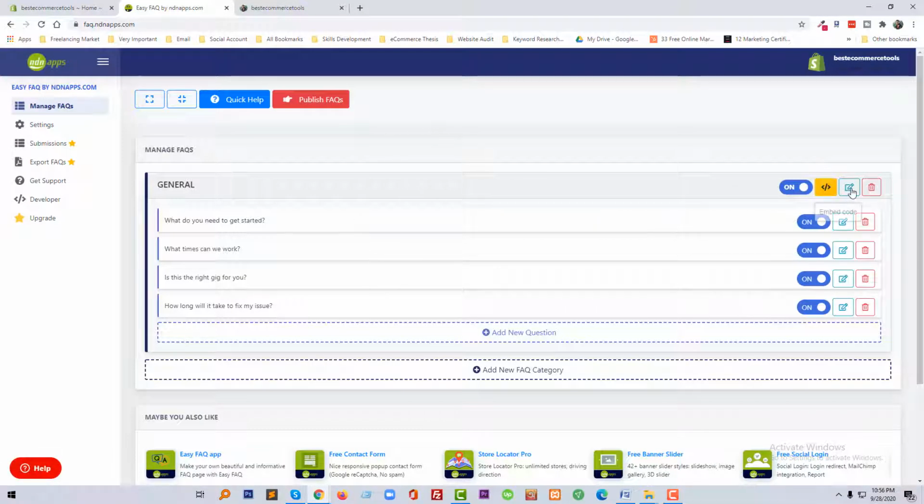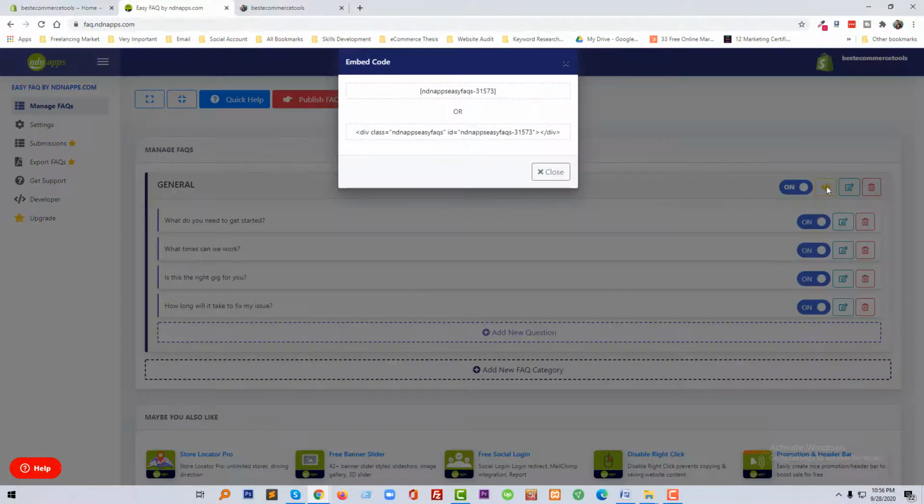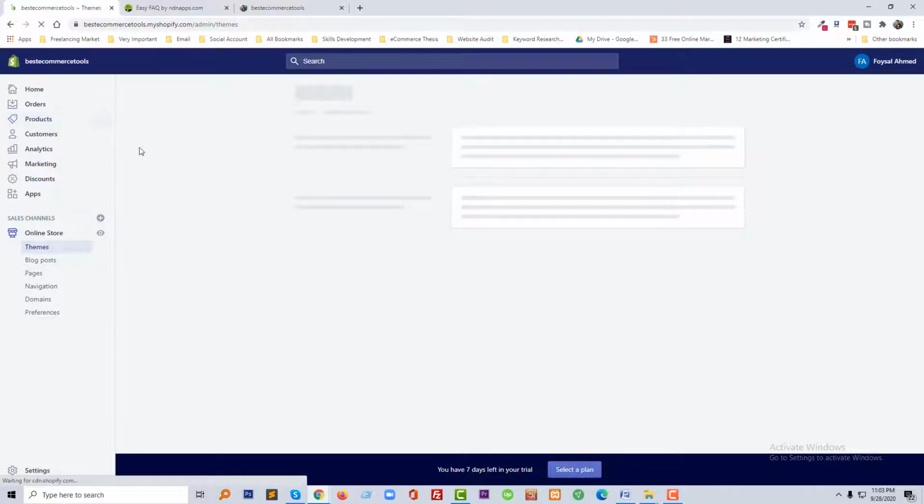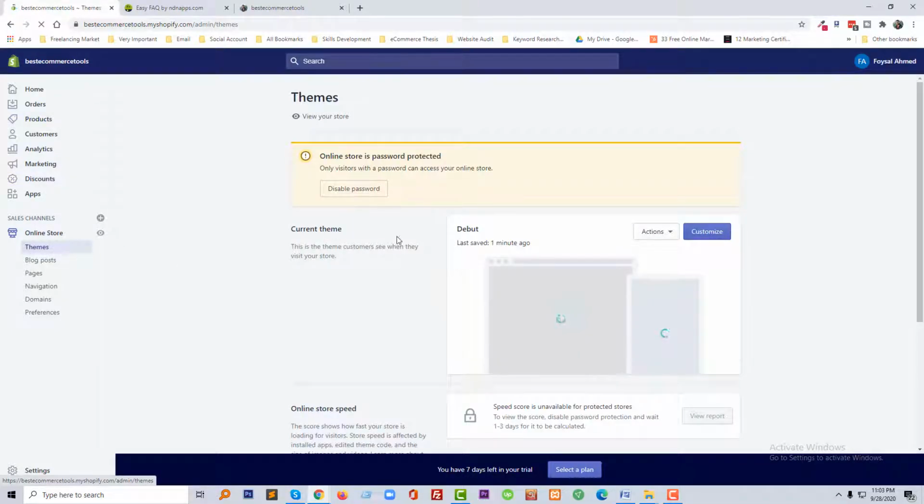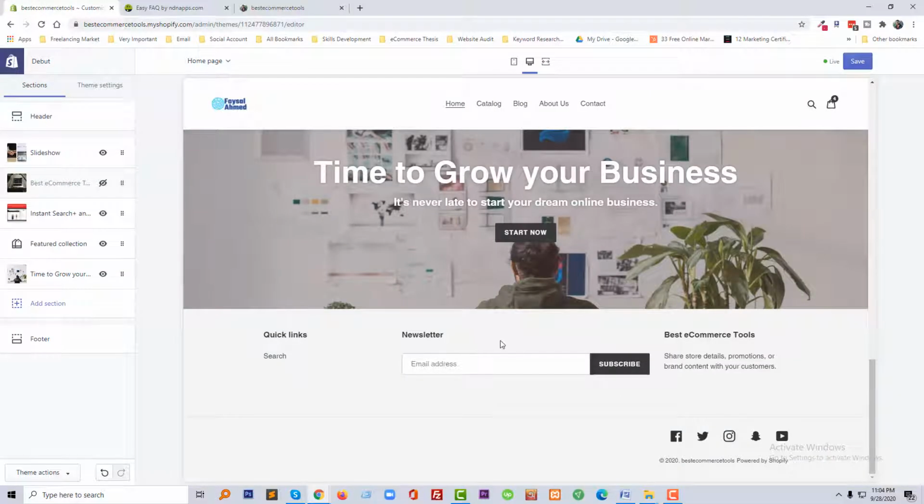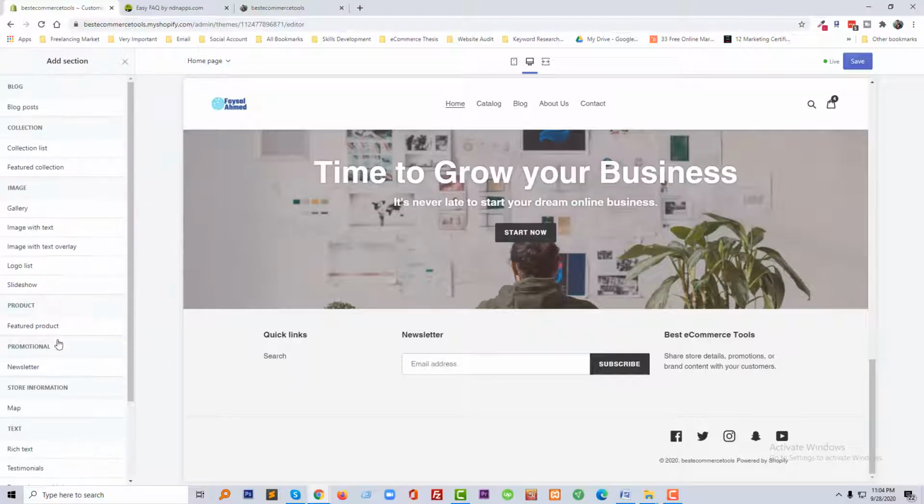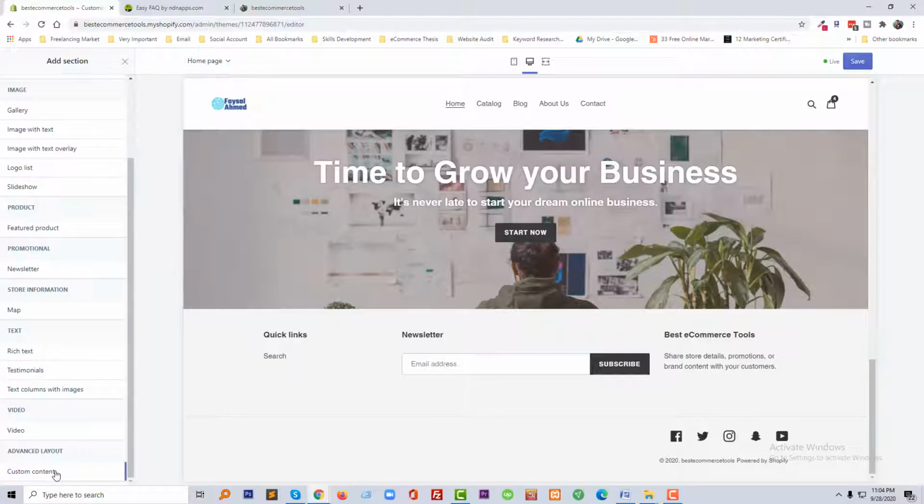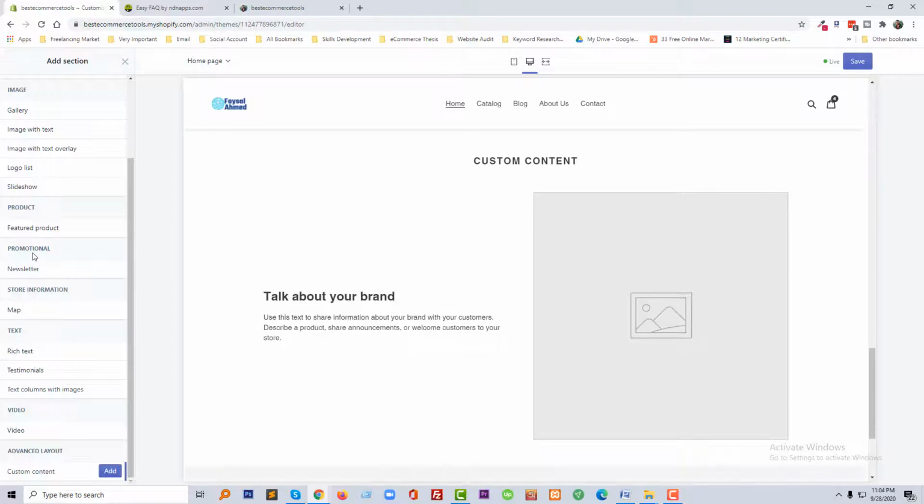Now we need to add this code in our Shopify online store. So I'm going to click on here, embed code, copy this code, then click on the themes and click on customize. Now I wanted to add this FAQ right here above the footer. So click on add section, then go to the bottom at custom content, click add,